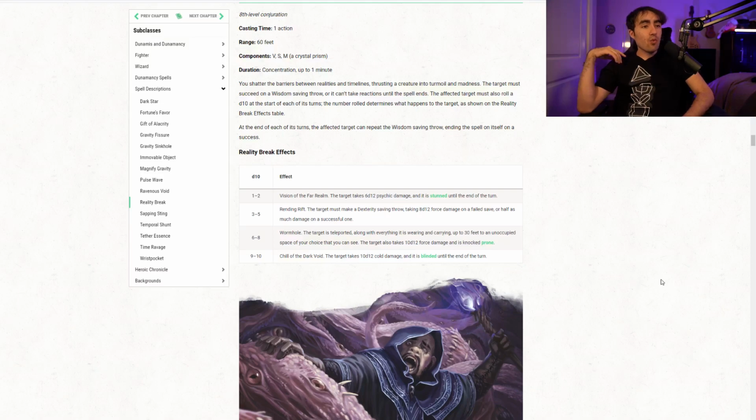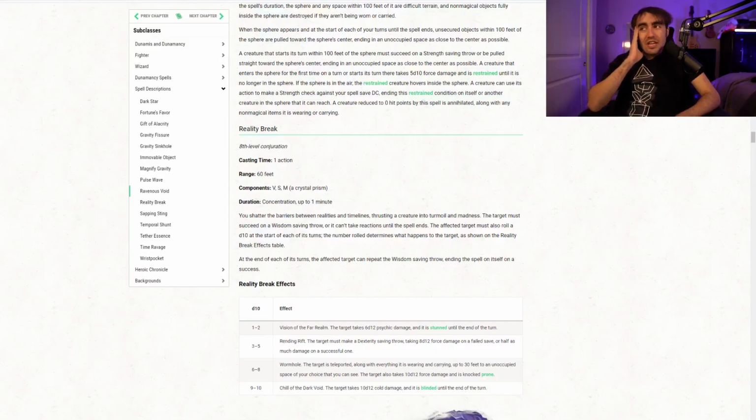6 through 8 we have Wormhole, the target is teleported along with everything it is wearing and carrying up to 30 feet to an unoccupied space that you can see of your choice. The target also takes 10d12 force damage and is knocked prone. Chill of the Dark Void, the target takes 10d12 cold damage and is blinded until the start of its next turn. Now overall, the only thing about this spell is that it can basically be immediately nullified by the target